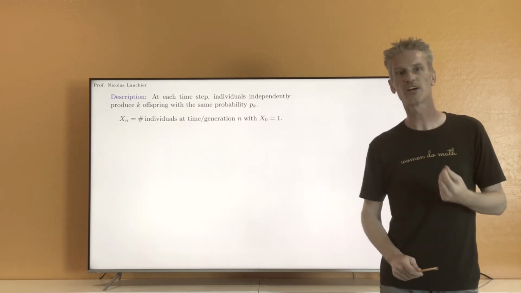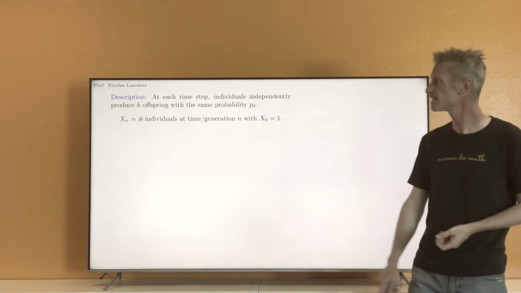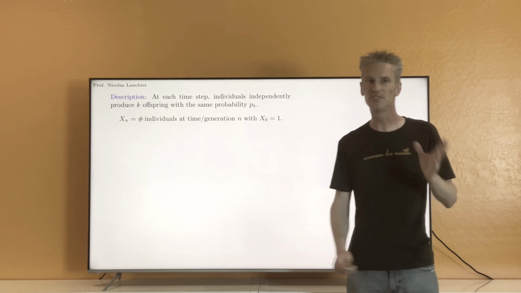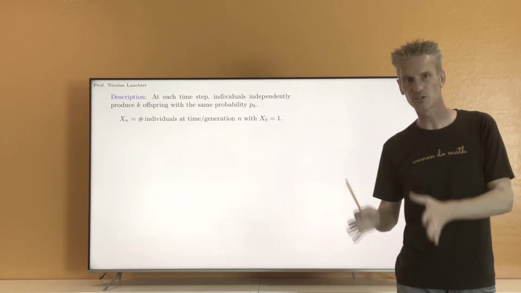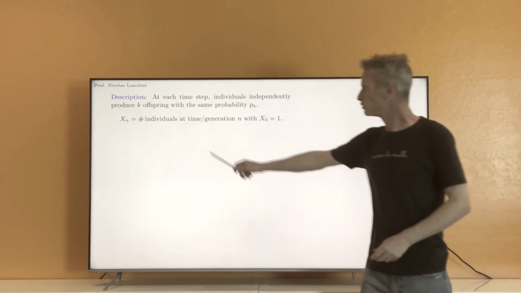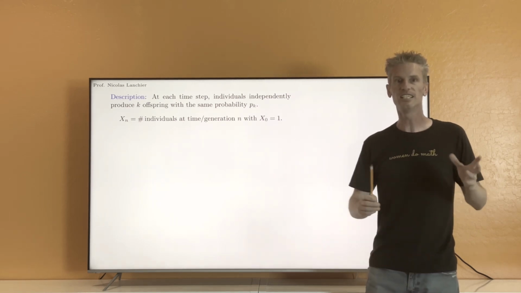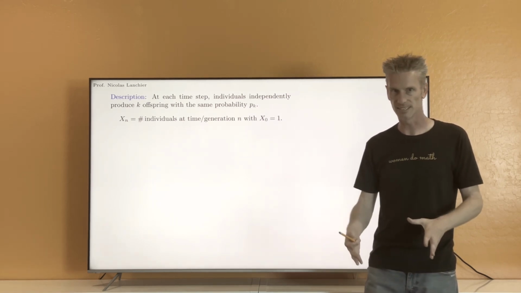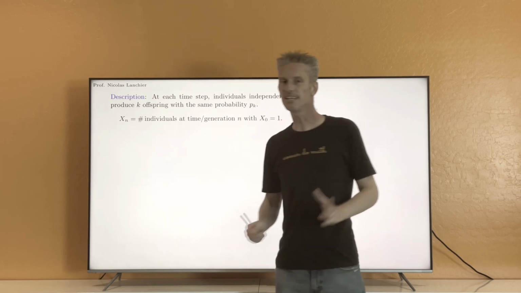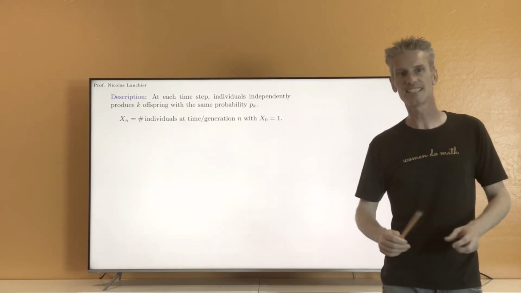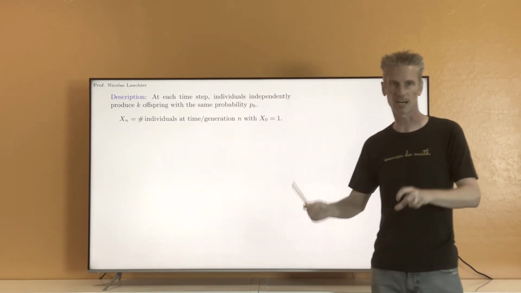That doesn't really matter to do the math, to study the process, but it's important to understand this distinction so that you understand the model well. So, the word time is the word we use in the framework of stochastic processes. This Xn here is the state of the process at time n. We use the word time.